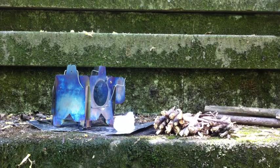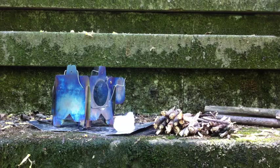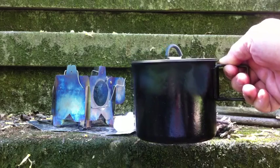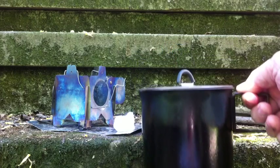Hey everybody, this is QiWiz, and I just wanted to do another burn with the use of the fuel port with the FlexPort option where the door can open and close, and just try a top-down lighting technique just to see how that works. I'm going to be using my favorite pot, which is this Evernew 900 ml kettle,